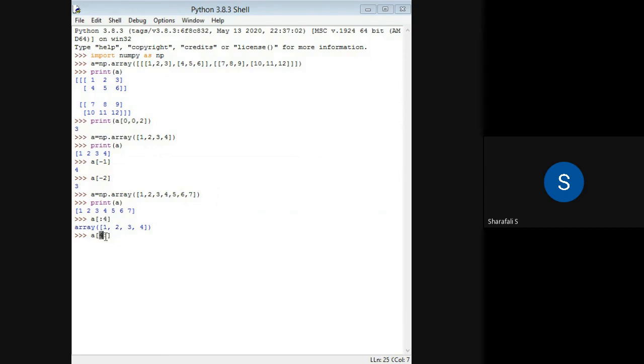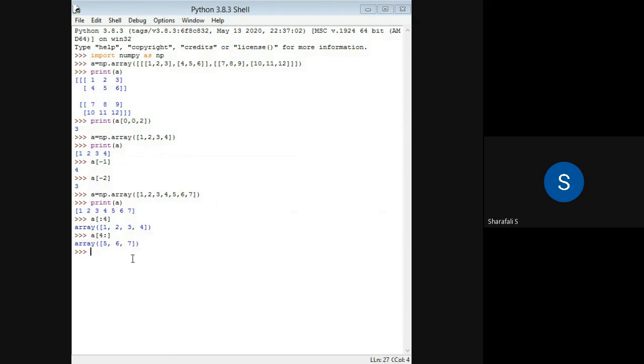So A[4:] will give me all elements from the 4th index. This is 0, 1, 2, 3, and this is my 4th index position. Including this element, it will be printed. So 5, 6, 7 will be printed in this case.